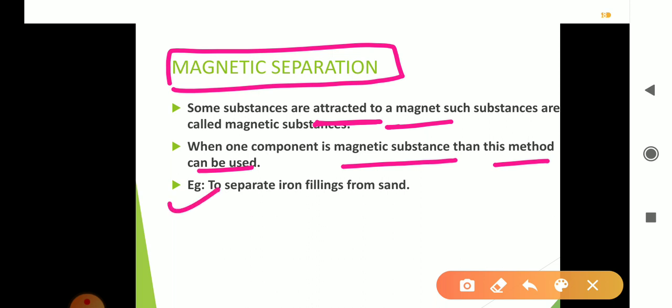The example given to you is to separate iron filings from sand. Then the iron filings will get attracted to the magnet and stick to it, while the sand particles are left behind, right? Okay, then this is enough for today, and next time I will tell you about the